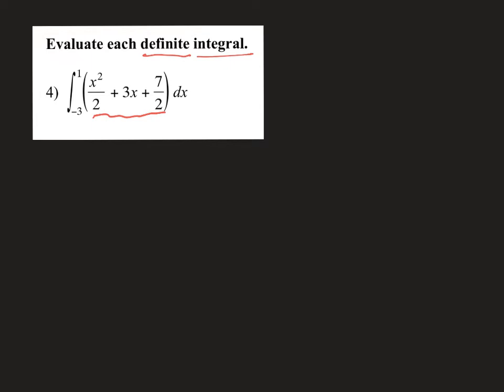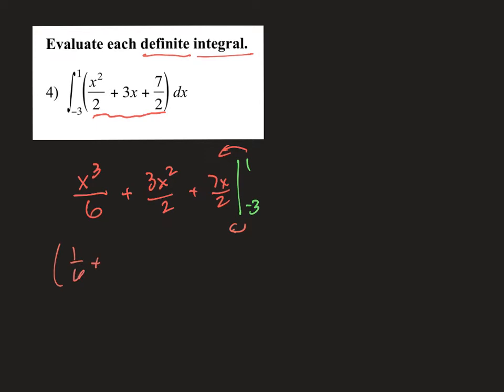Okay, so let's knock out the antiderivative. That's going to be x cubed over 3, but times 2, so that's 6, plus 3x squared over 2, plus 7x over 2. And we're going to evaluate that from negative 3 to 1. When I substitute the 1 in first, you do 1 first, then you do negative 3. I get 1 over 6 plus 3 over 2 plus 7 over 2. And then you put in the negative 3, and I